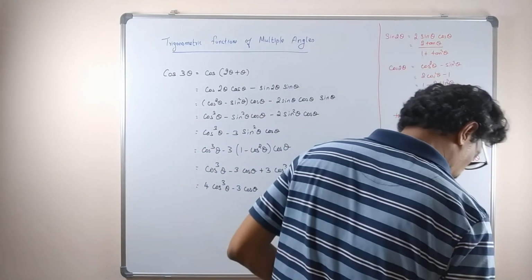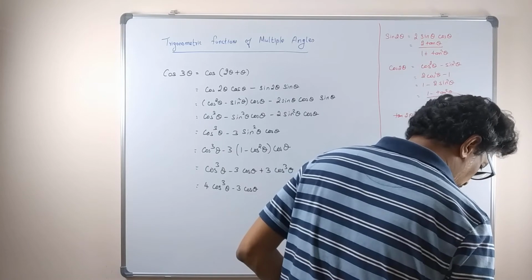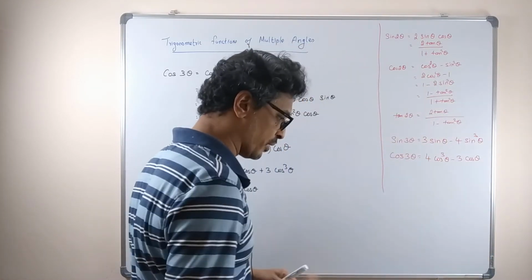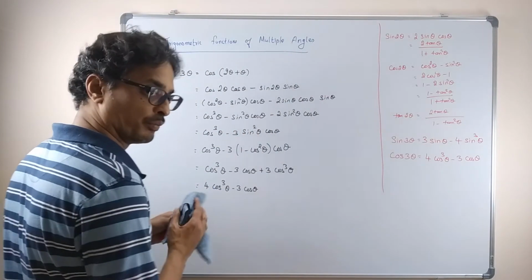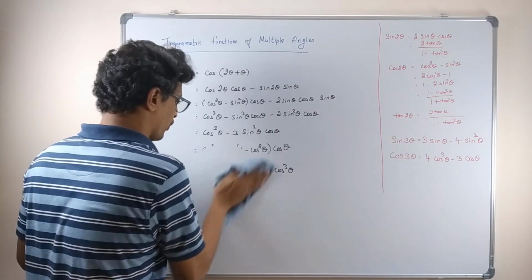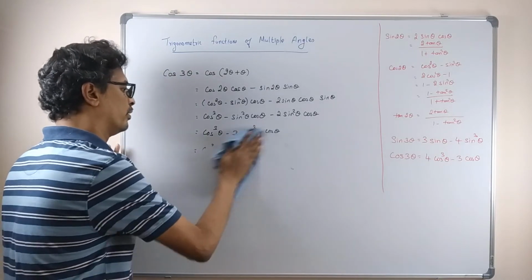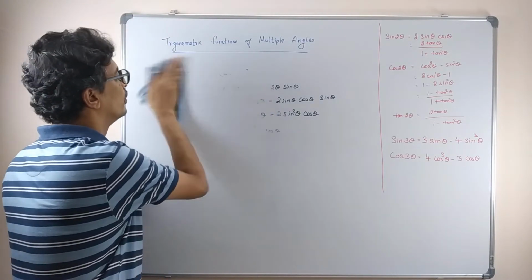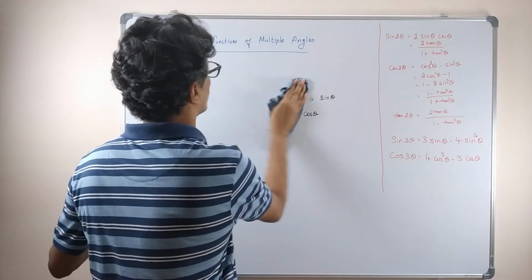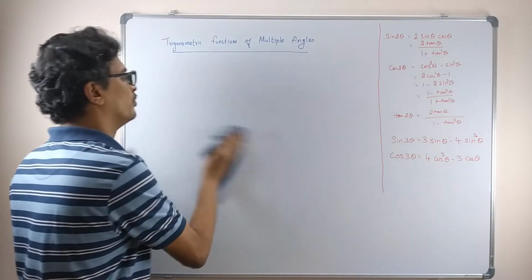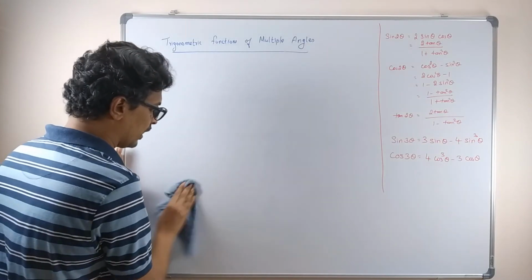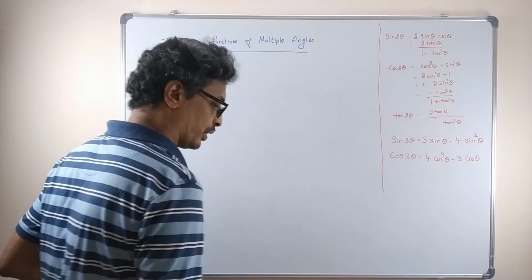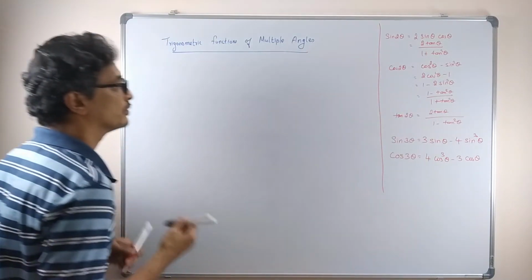So these are the formulas you should remember. That's why I'm saying you don't really have to mug up. The more problems you do, automatically you start remembering. Okay, so let us go for one more thing, the last one, that is tan 3 theta. Let us go to tan 3 theta.